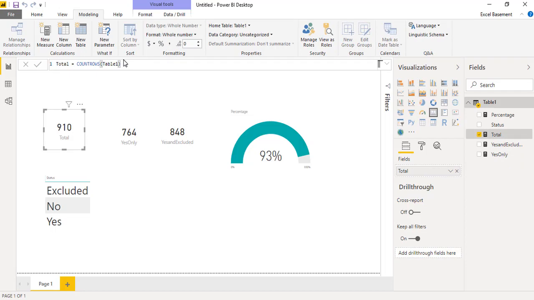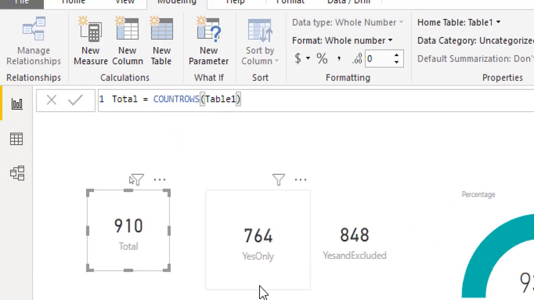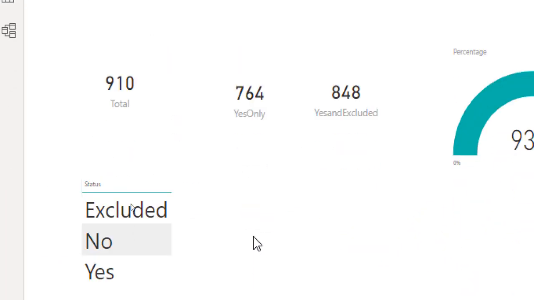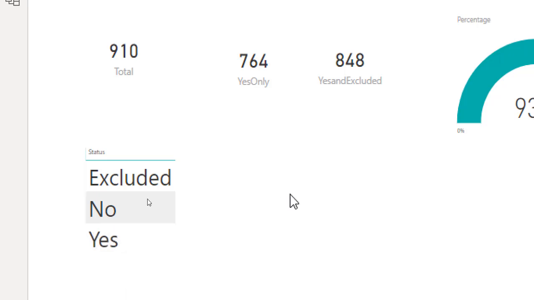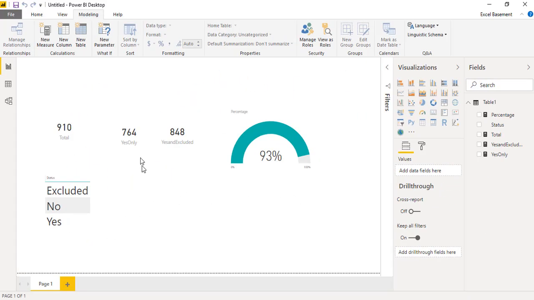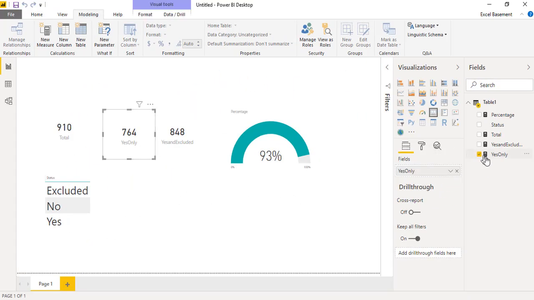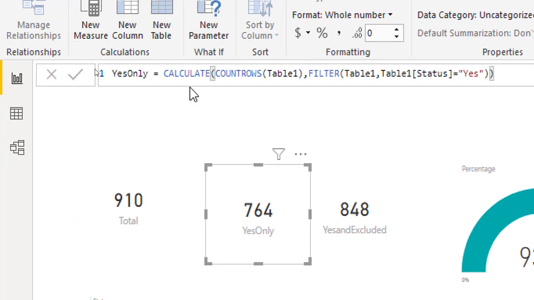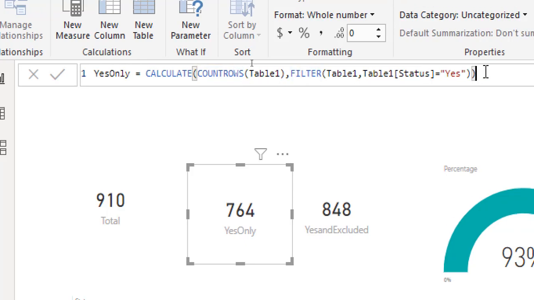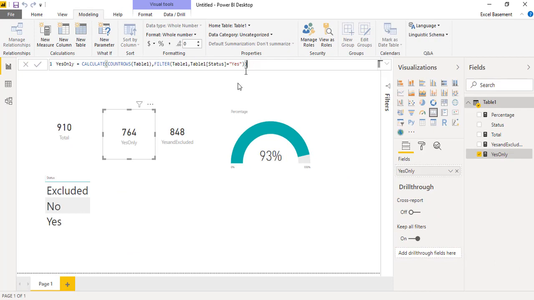So in this video you have learned how to calculate the total number of rows within a table with the help of COUNTROWS. Then we learned how to identify that out of 910, how many rows have the yes category, that was 764, and there we applied the 3 DAX functions: CALCULATE, COUNTROWS and FILTER. That's very simple. That's how we do it in normal Excel, just like COUNTIFS and SUMIFS.